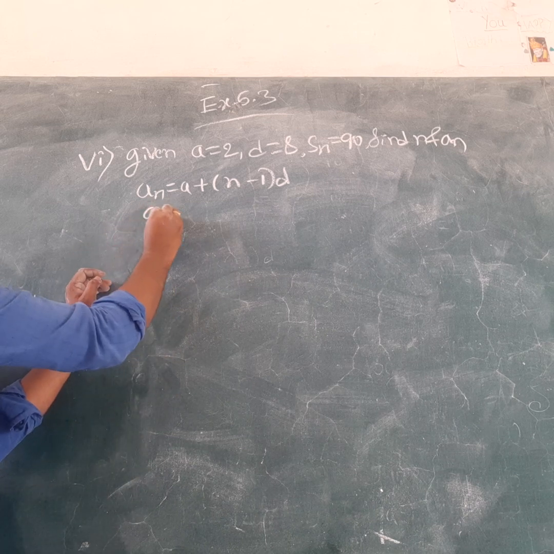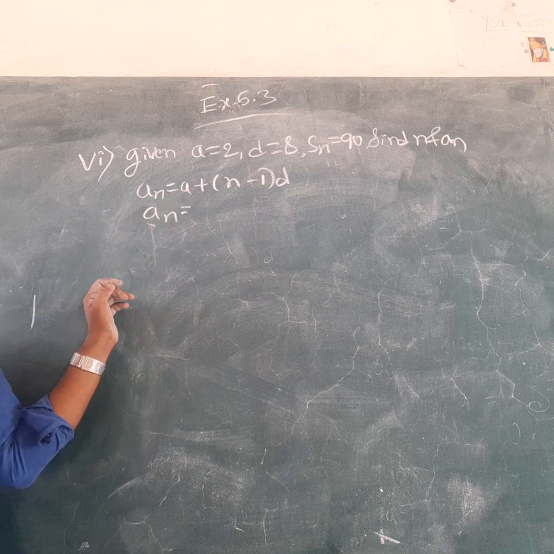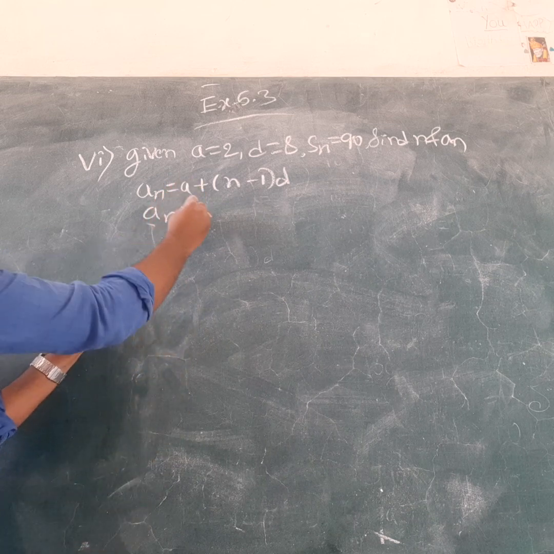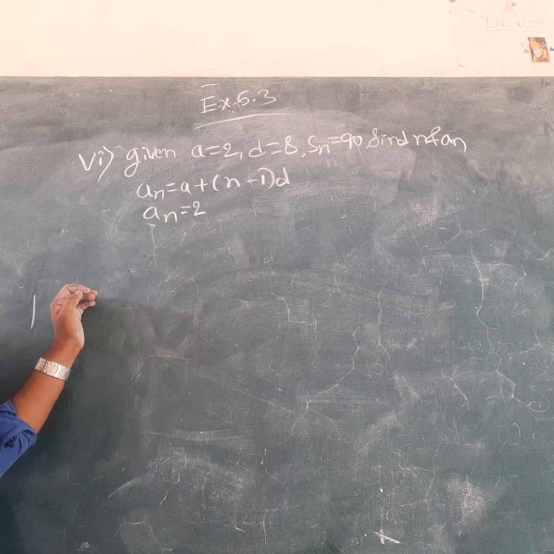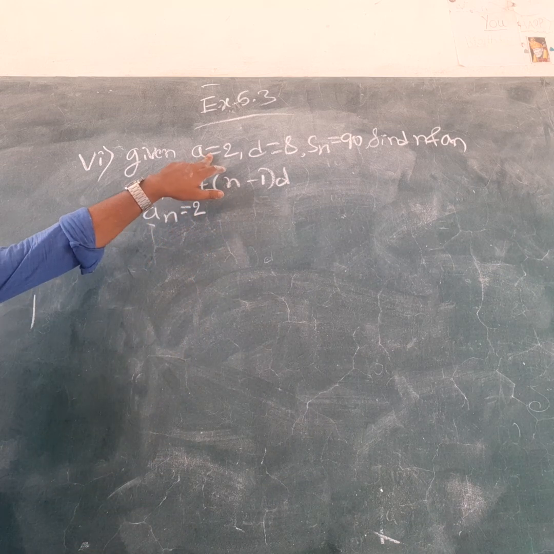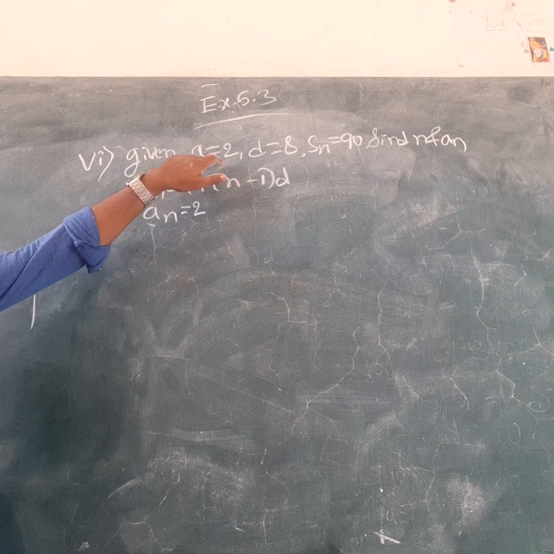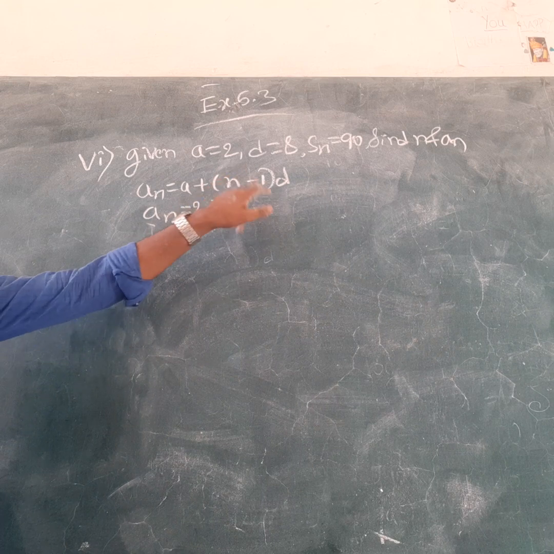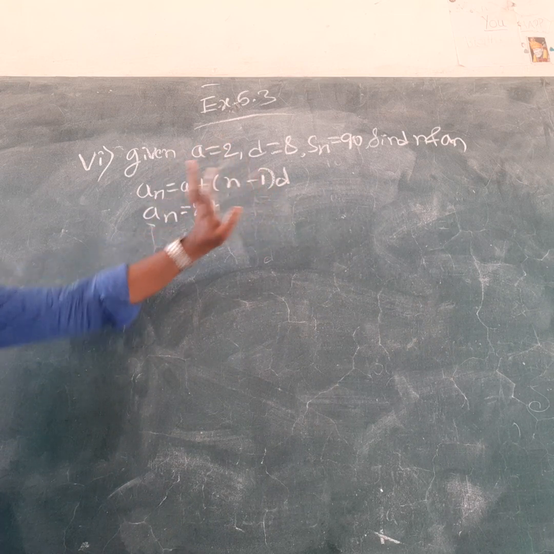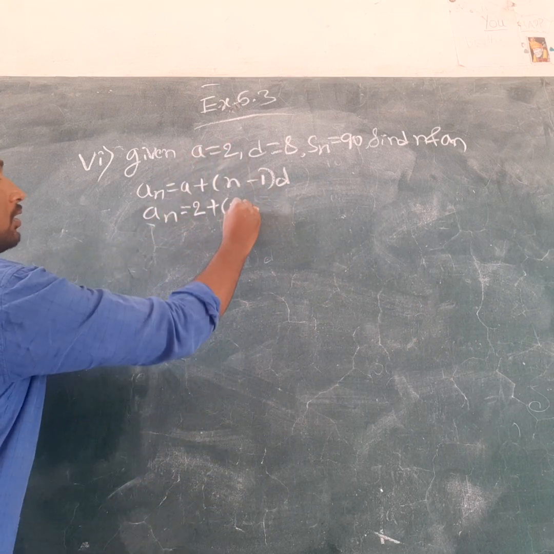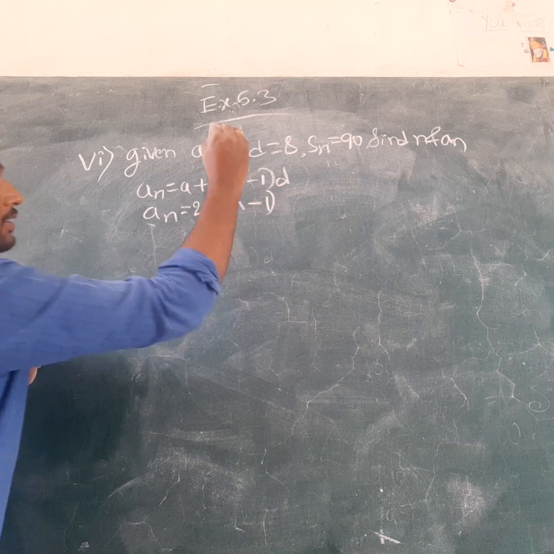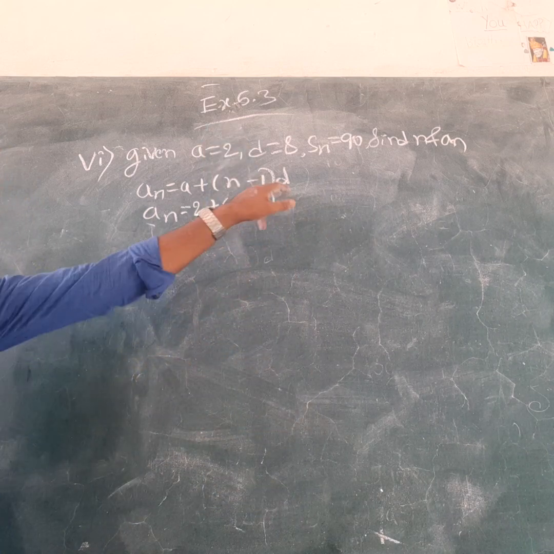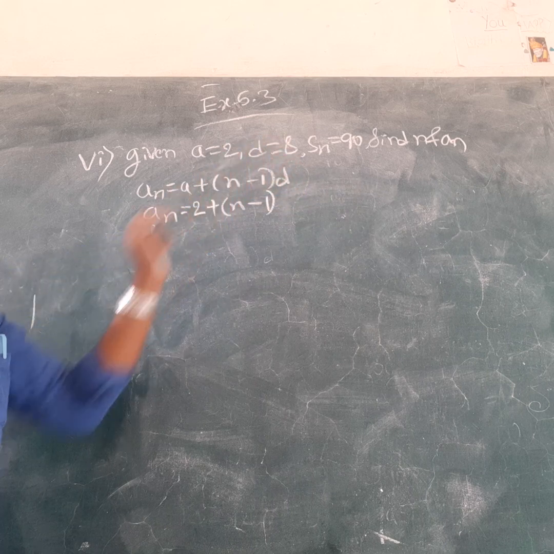So An is equal to, what is A value? 2. They have given directly. A is equal to 2. Next, plus n minus 1. We don't have the value of n. So n minus 1, I will write it as it is. And D value. They have given D value, so